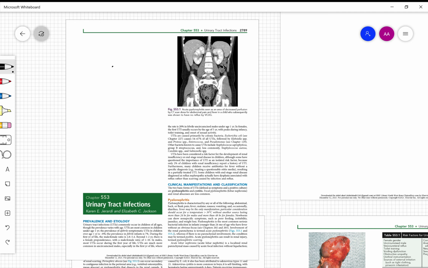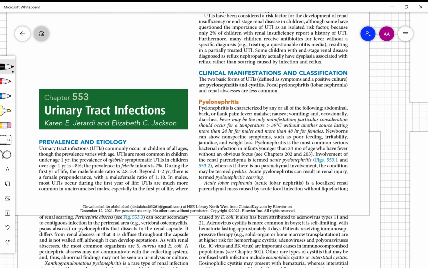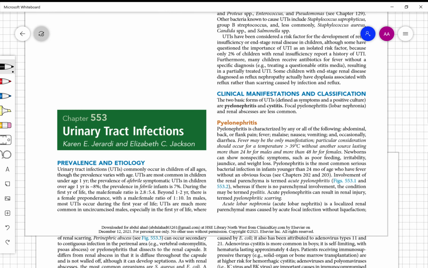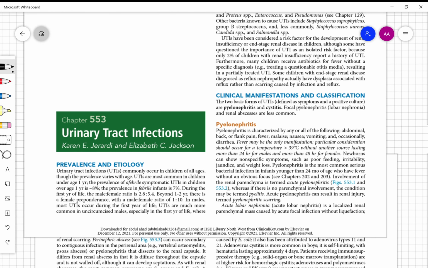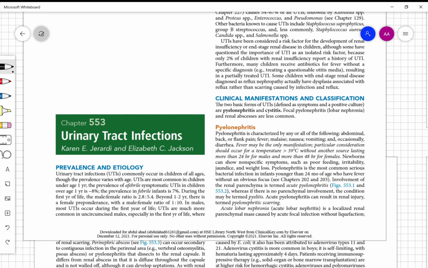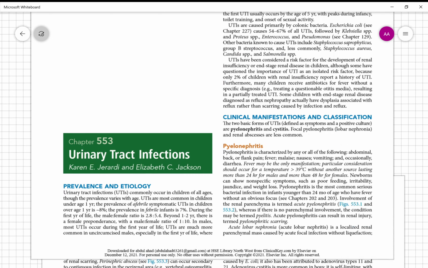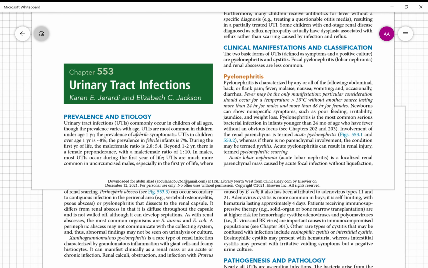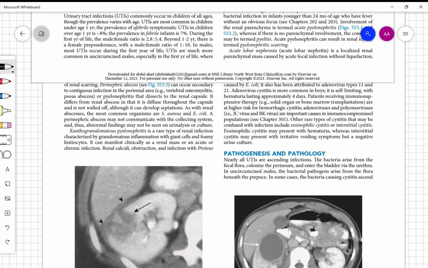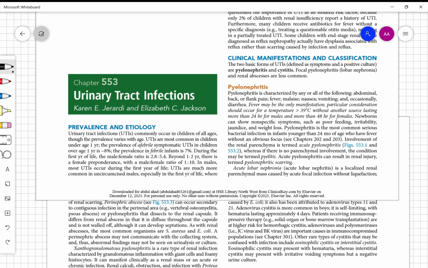Rahman Rahim. Today's topic of discussion is UTI in children, and this is one of the chapters in the Nelson Textbook of Paediatrics. So we will be discussing UTI bit by bit. Urinary tract infections are very common in children, and